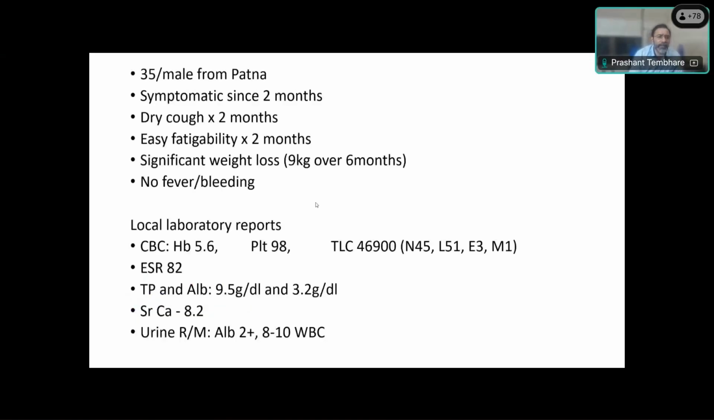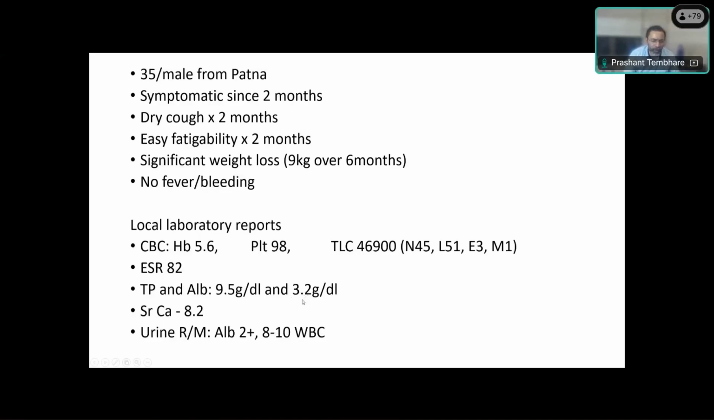This is a 35-year-old patient, symptomatic for the last 2 months, presenting with dry cough, easy fatigability, and significant weight loss, 9 kg over a period of 6 months, but no fever or bleeding. The local laboratory did a CBC, and there was clearly severe anemia, thrombocytopenia, and a high count. You can see the count is 46,900, so it's a very high count. The ESR was also high, and the total protein levels were high, with albumin levels close to the lower normal limit of what we define,